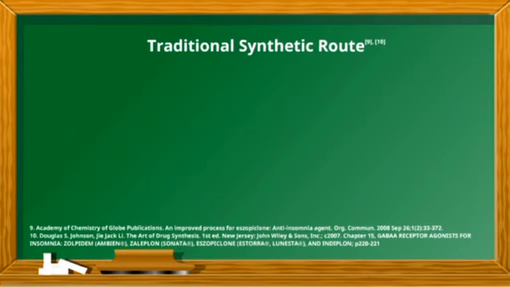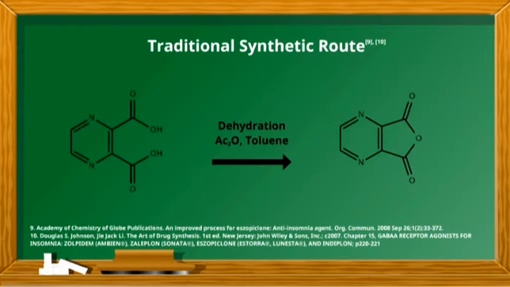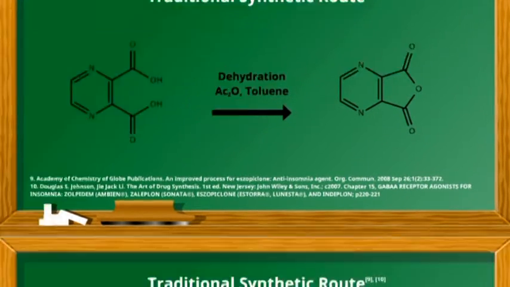There are lots of methods in synthesizing Zopiclone, particularly in the last stage of synthesis. However, in this video, we're going to talk about the traditional synthetic route. The starting material for the synthesis is pyrazine 2,3-dicarboxylic acid. This molecule is dehydrated in the presence of acetic anhydride and toluene to produce pyrazine anhydride. After this,